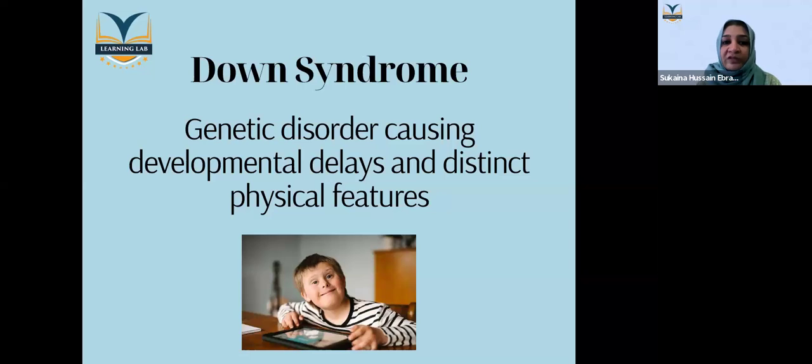Next, Down syndrome. Now, this is a genetic disorder causing developmental delays. Okay. So it's genetic, and whenever it's genetic, it doesn't need any red flags. It doesn't need any age to be specified. Okay, you are going to get to know about it at the age of 7 or 6 or 5, or when they are born. And with the advanced technology of ultrasound,